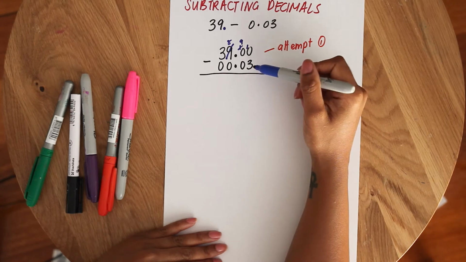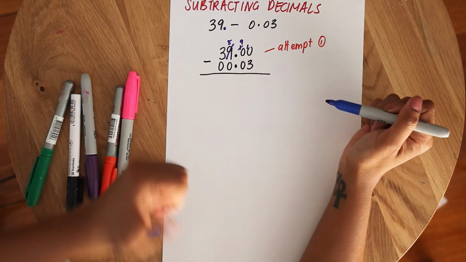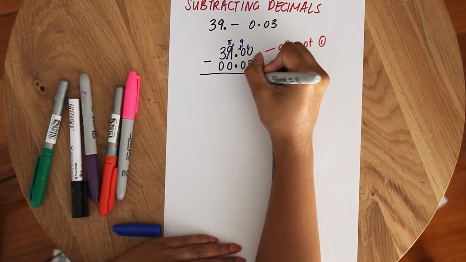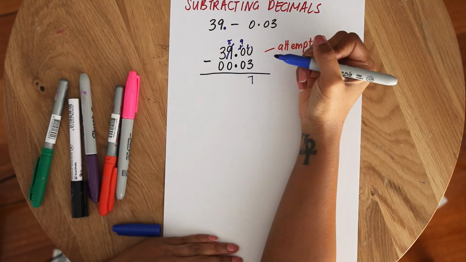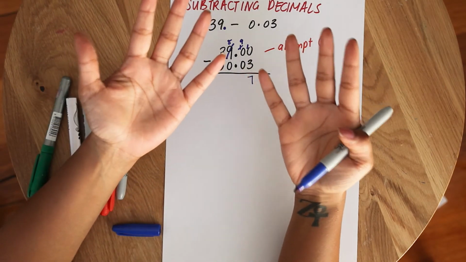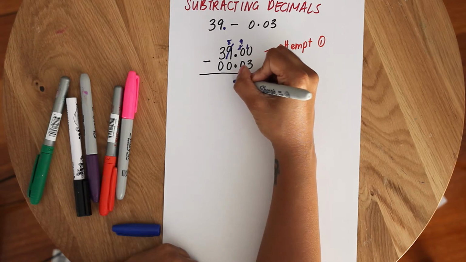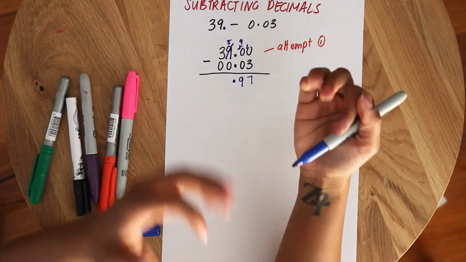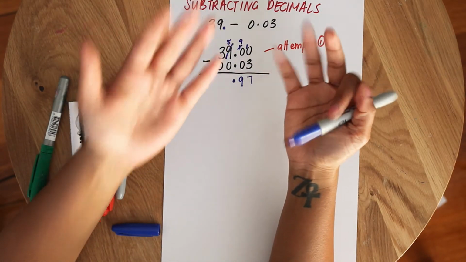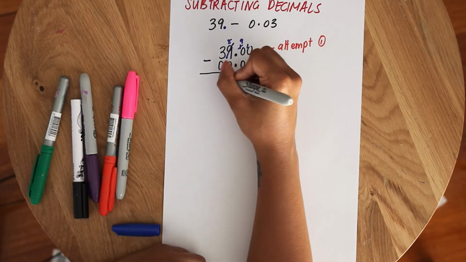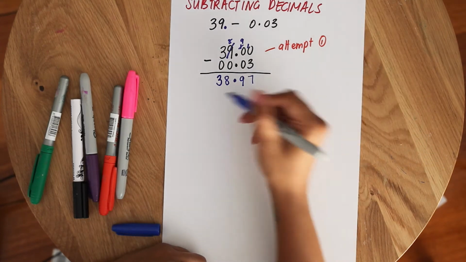So what I like to do is always add up. So we start with 3, 4, 5, 6, 7, 8, 9, 10. So that's 7. Now 9 take away 0, we've got 9. Take away nothing is 9. Decimal point, bring that down. 8 take away 0, so we've got 8 here. Take away nothing is 8. 3 take away nothing is 3. So our final answer is